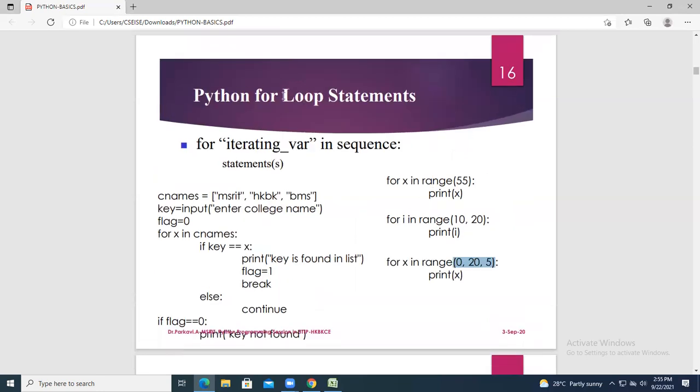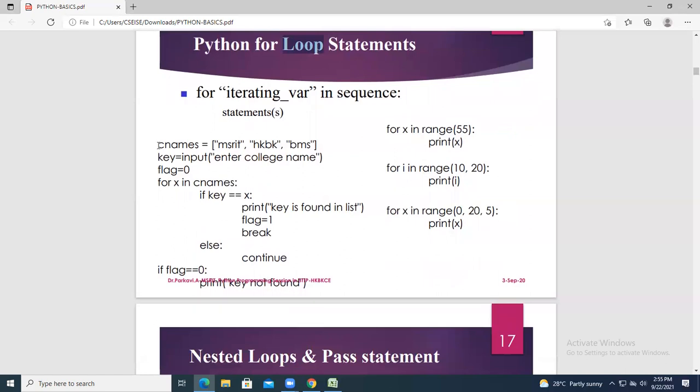So now we come across the use of Python programming in looping statements. Okay. So if you are going with a looping statement, how are you going to print? So here I have taken some names. This is the variable. Okay. So now I am going to search for a key element inside these particular names. So that means searching for an element in the given array or given list. So how do you search for a given element?